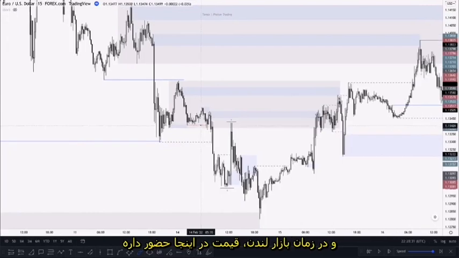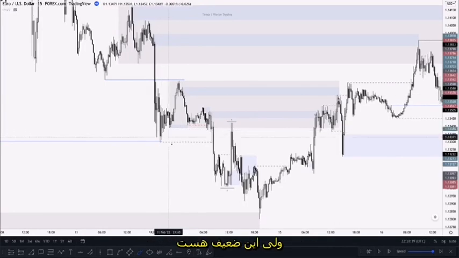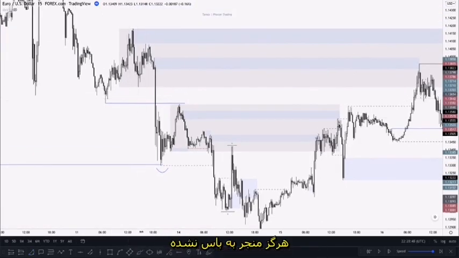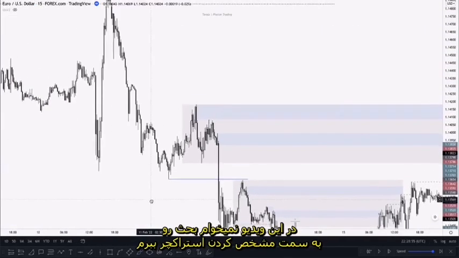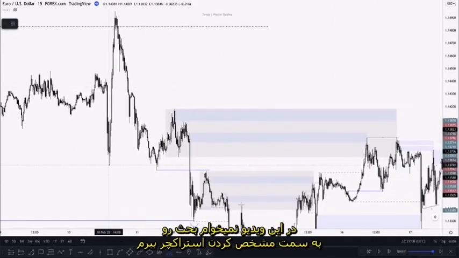And London session, price is around here, and some of you were looking for buys, but again, this is weak, right? This is weak. This never caused a break of structure. What caused a break of structure was this one. In this situation it is up here, because it's not meant to be a structure lesson video, but